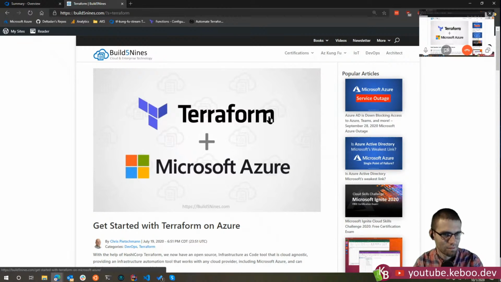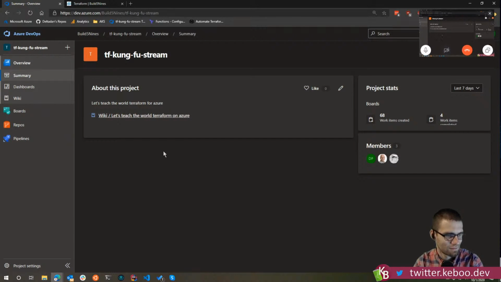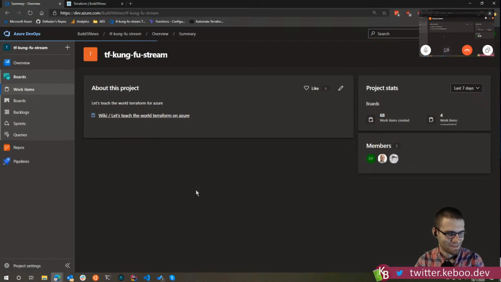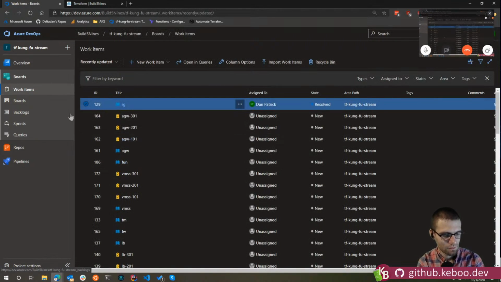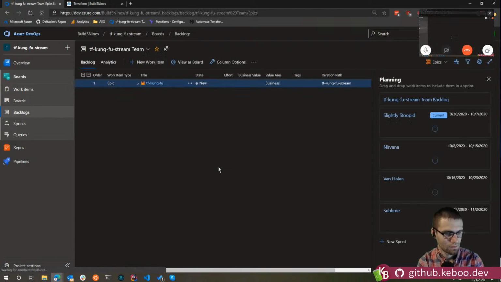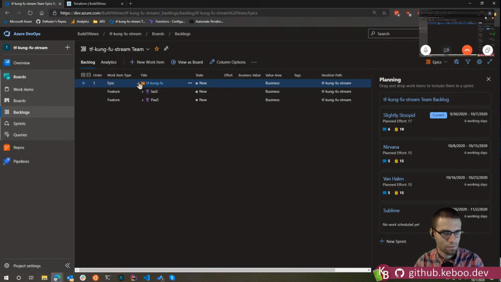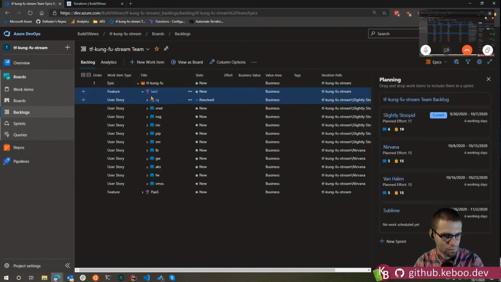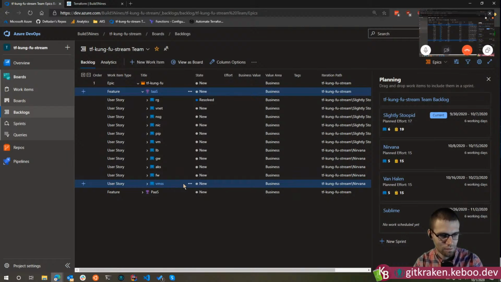We wrote a bunch of stories, as good DevOpsy people would do, and we built some sprints in Azure DevOps. We have an epic called TF Kung Fu, and we started with a bunch of IaaS stories. Basically these are going to be the resource providers.